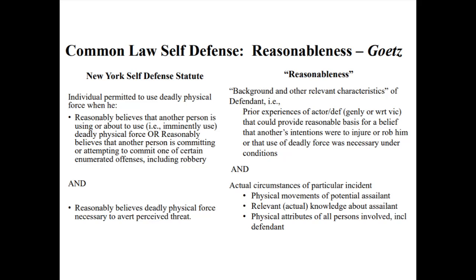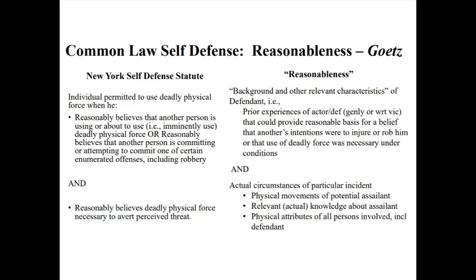An individual is permitted to use deadly physical force when he reasonably believes that another person is using or about to use deadly physical force, or reasonably believes that another person is committing or attempting to commit one of certain enumerated offenses, including robbery, and